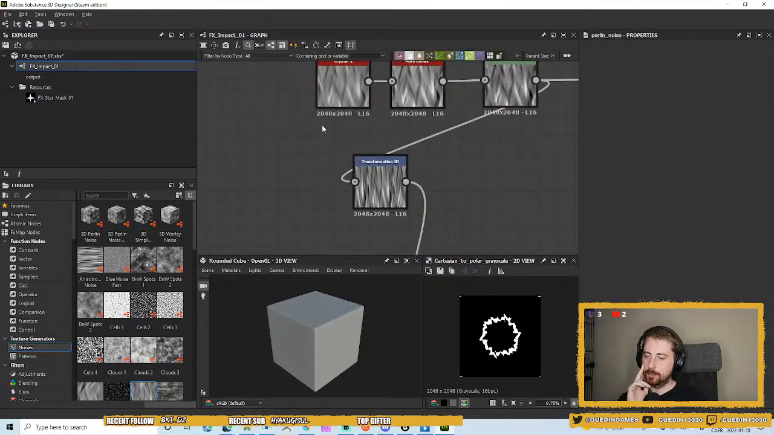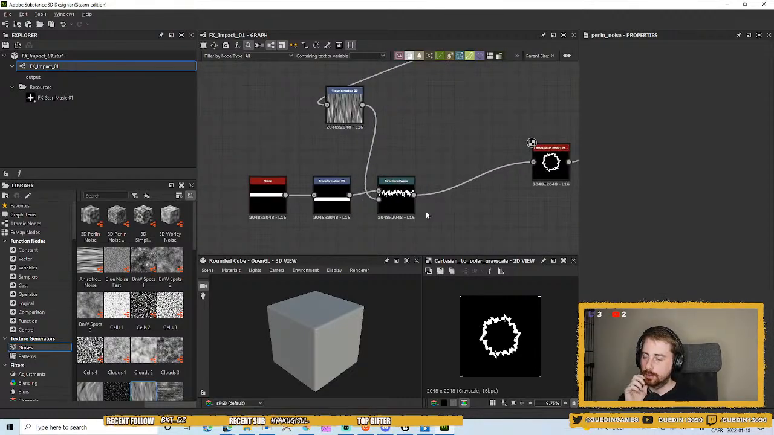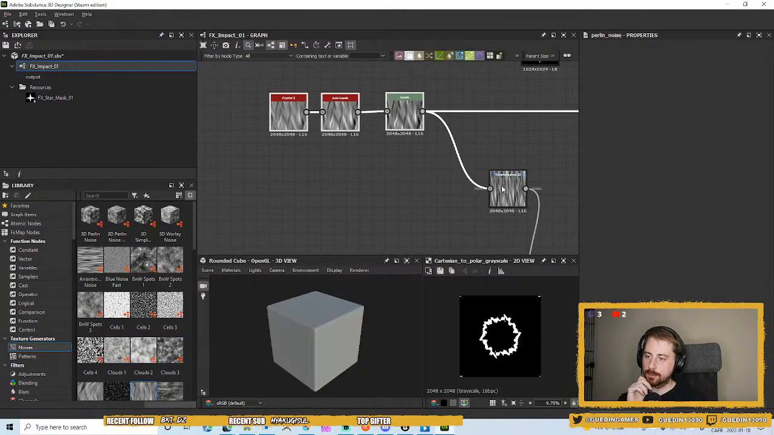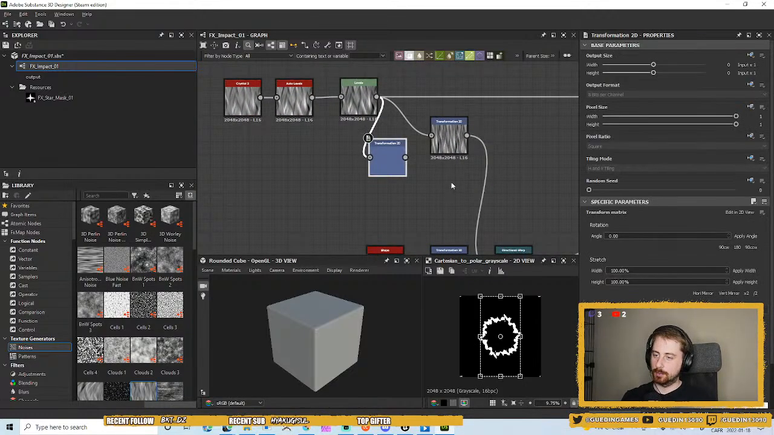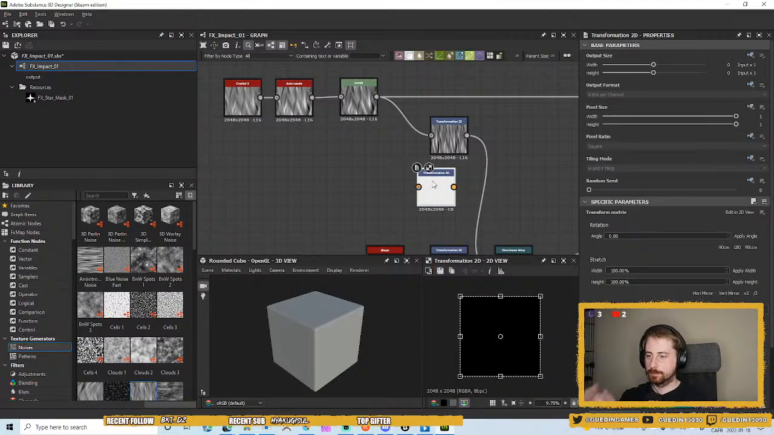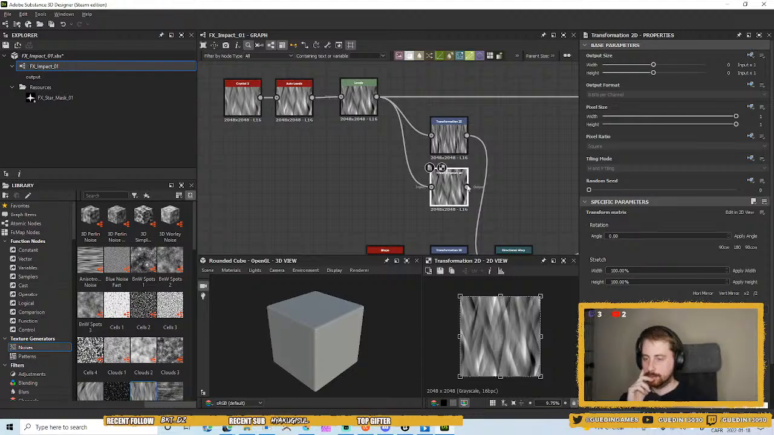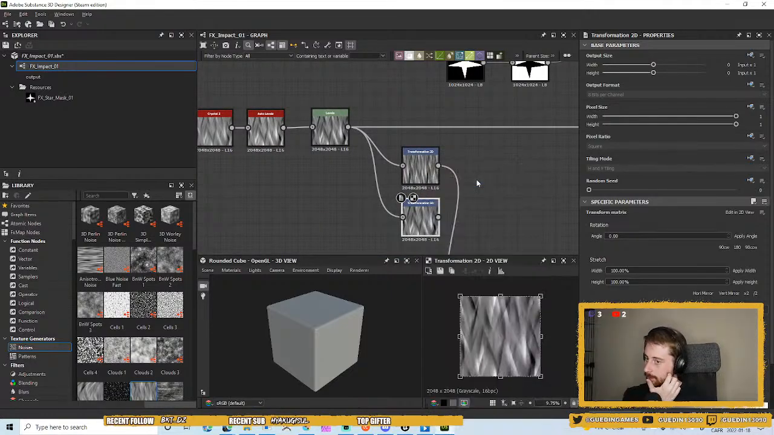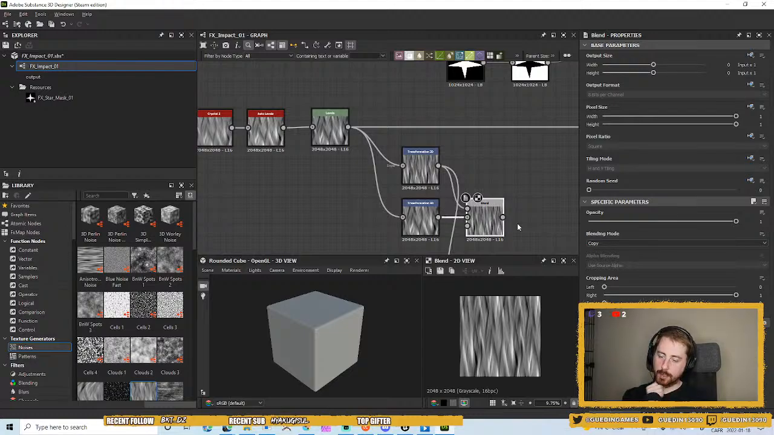Maybe I want to have a little bit more variation, so I'm gonna blend different sizes. But that would be one, that would be transform, that would be two, and I'm gonna blend it with this one and using the